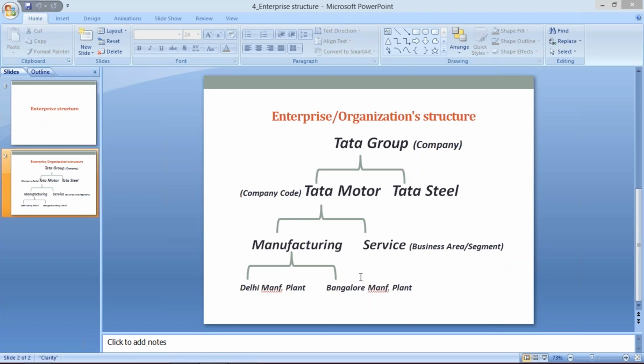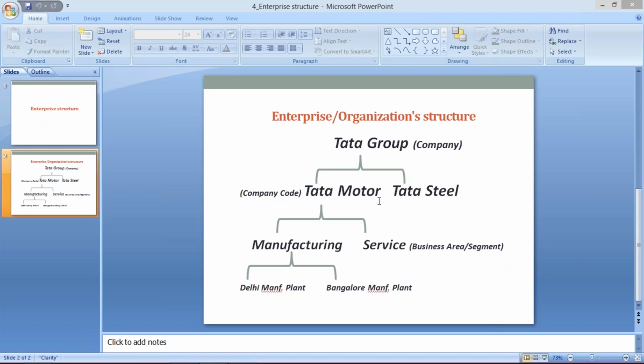Once we receive it, it's not like we are going to start our configuration first. Once we receive the enterprise structure, first of all we'll have to have discussions with the clients. Blueprint preparation and all the document preparation will take place. Once the blueprint has been prepared and the discussions are over, then we are going to do the configurations, and